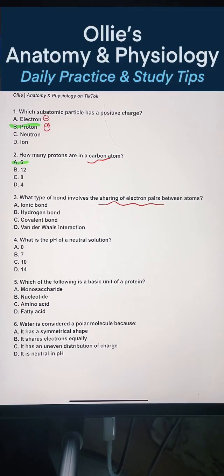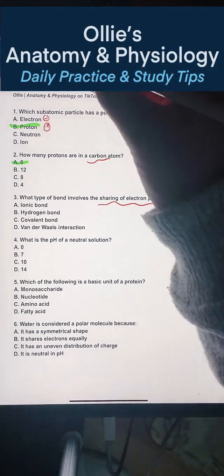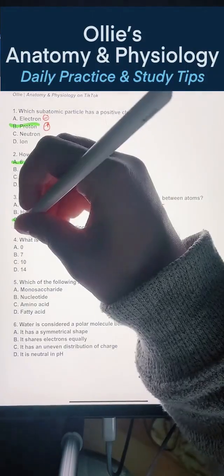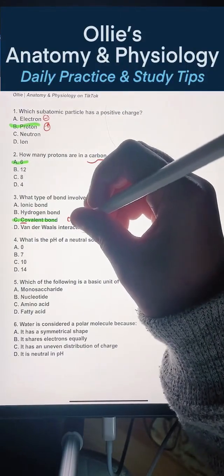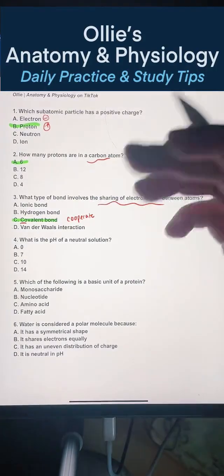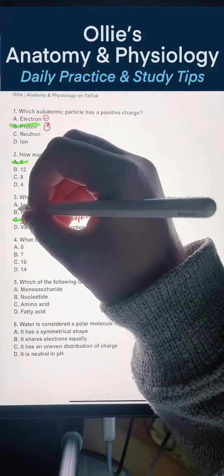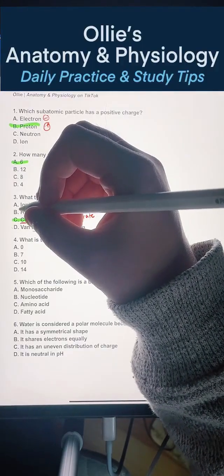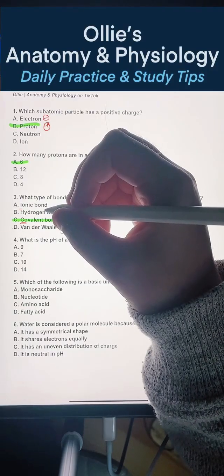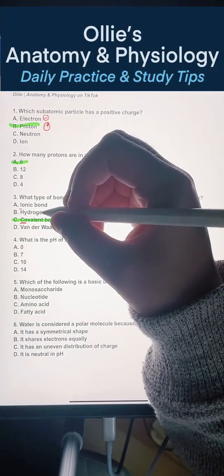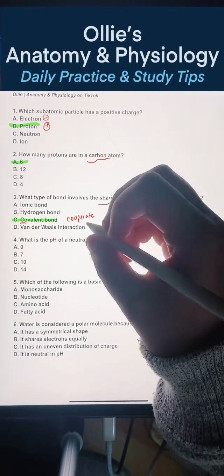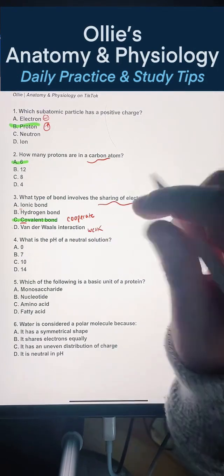So the answer to number 3 is covalent. The way that I always remember covalent is sharing, so co. I always think of the word cooperate. If you're going to share, you're going to cooperate on ideas or whatever. It's the same way with electrons. Ionic is where you take them away. So there's a transferring. I always think of ionic as I, like me, give me your electrons. And then a hydrogen bond is a weak attraction between polar molecules, and these are weak, temporary ones.